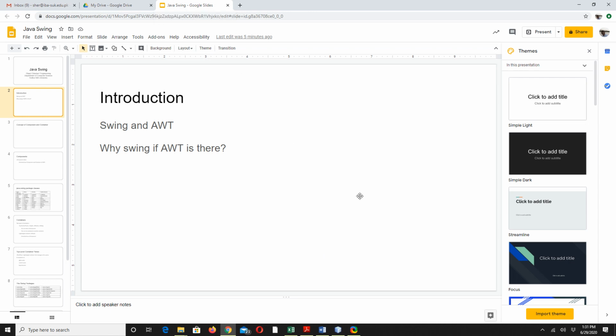Java said, come on, I have everything platform independent, I cannot have a look and feel of my component platform dependent. So that is the reason why they came up with the concept of Swing, which introduced its own look and feel. So when you run a Java program, the look and feel of Java's component will be different from the platform, and I'm saying it is different from platform because it is platform independent, so it will be the same on all the platforms.